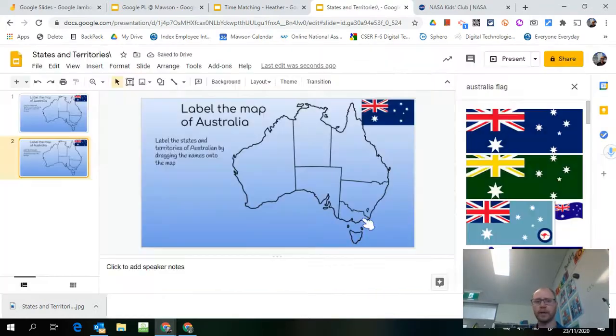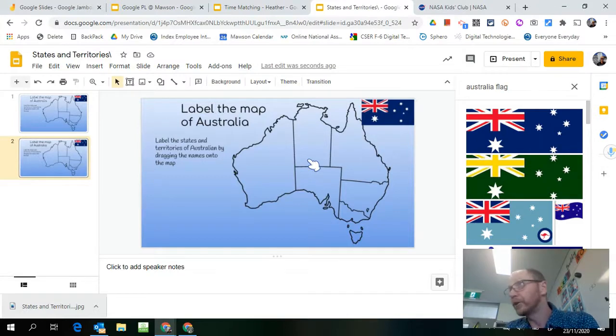And now I have my background. I cannot change any of this, and the kids can't change any of it. It's probably only those smart buffs out there who can click on background and change the background. You're not going to get it too much, hopefully, in primary school. They can change the background again, but hopefully they won't. So now what I want to do, and I won't go through all of this because I want you guys to have a bit of a go,